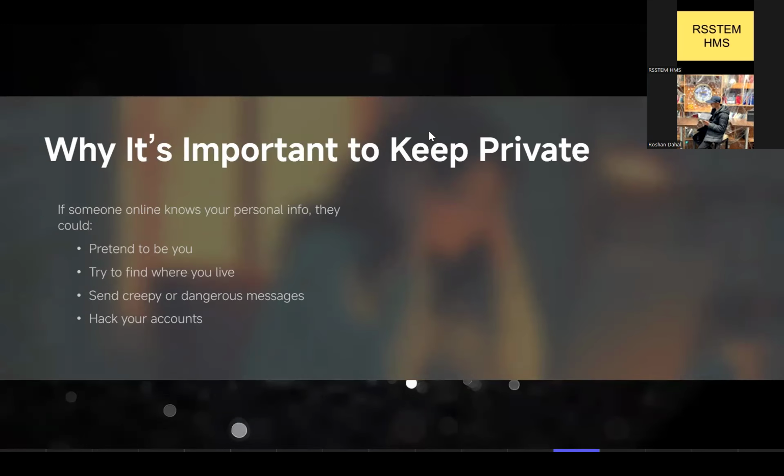Why is it important to keep personal information private? If someone knows your personal information, there are chances that they will pretend to be you.